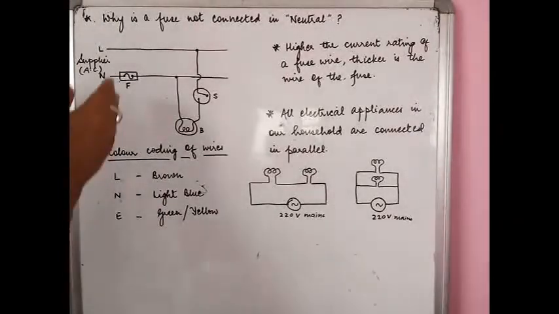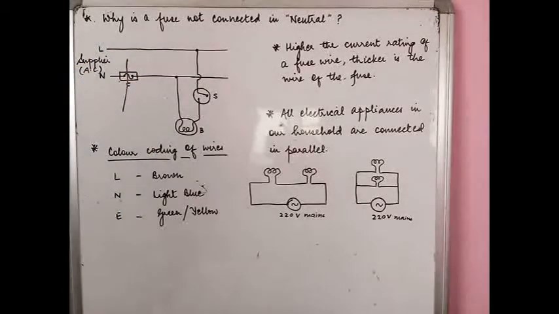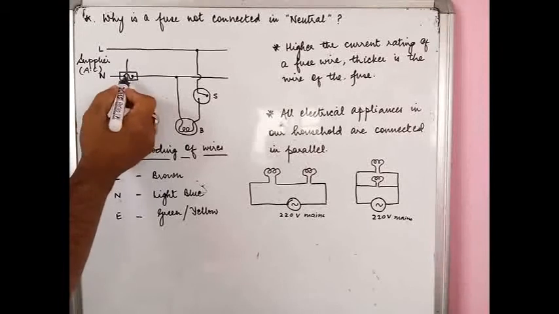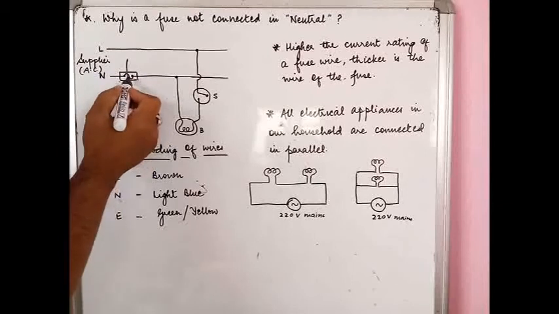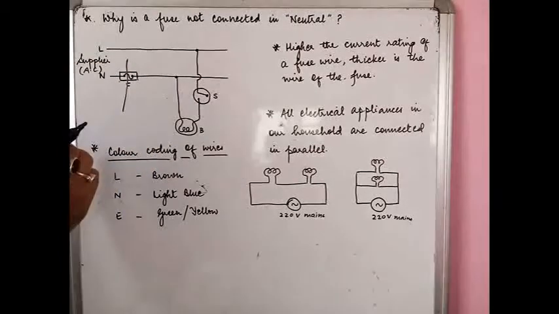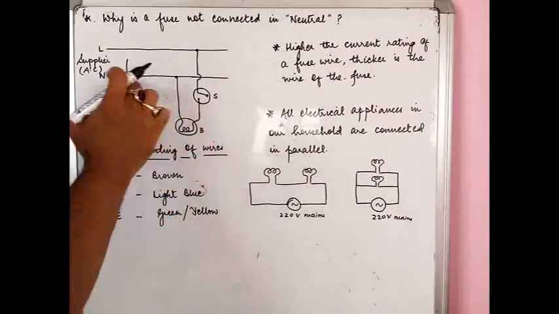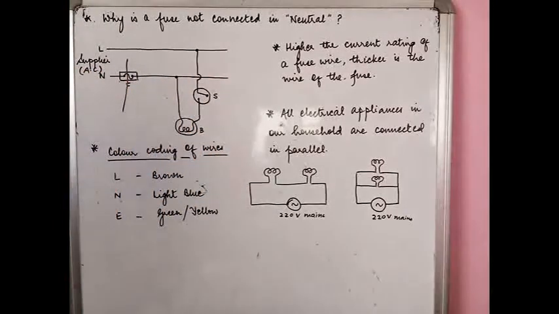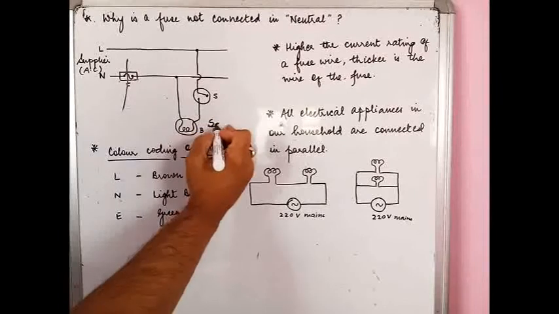Because even after it cuts down the supply, it makes a break in the completion of the circuit. The circuit is not complete. If the fuse wire melts, then there is a disconnection, there is a gap. So there will no more be the passage of current from the live back to the neutral. The constant supply of current will not be there through this particular appliance, and the appliance will be saved.